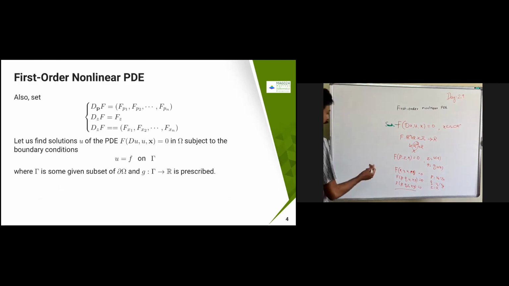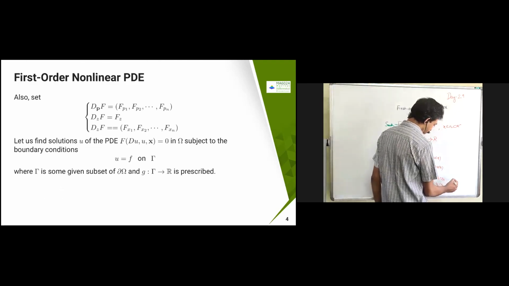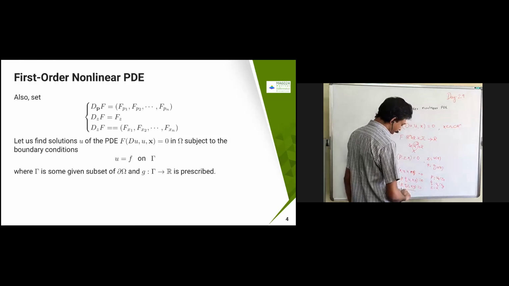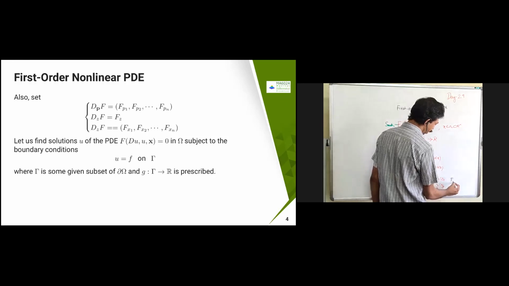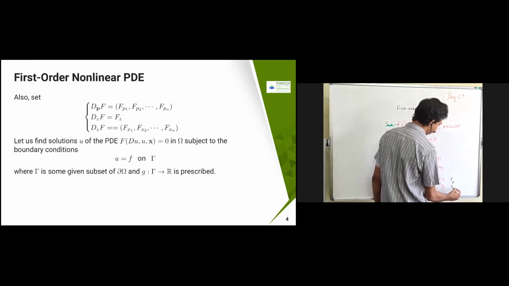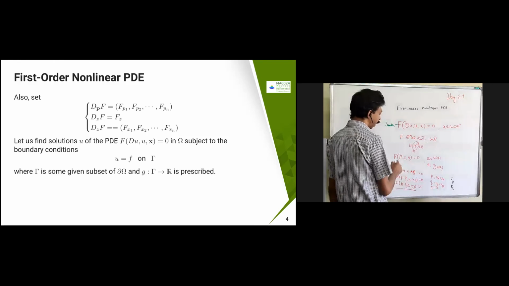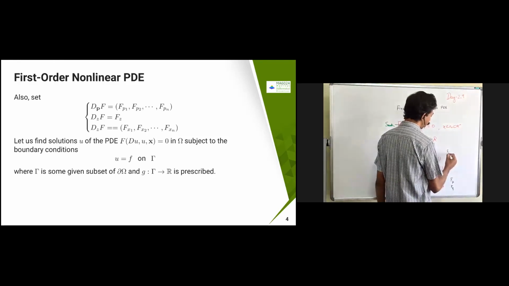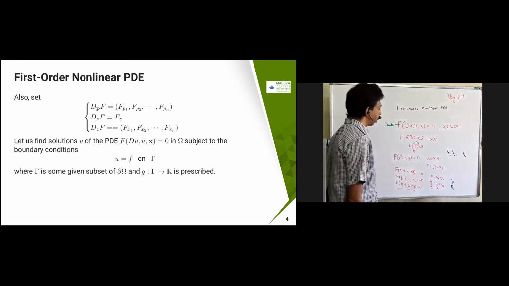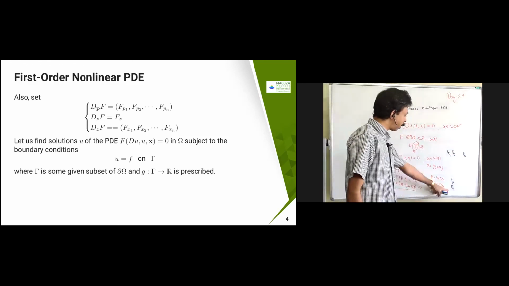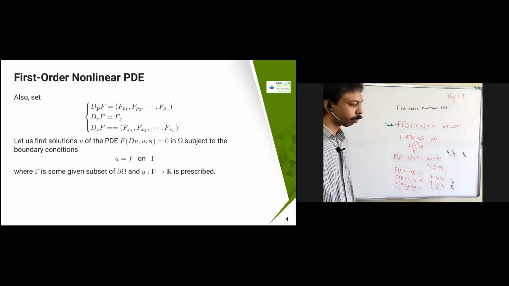So, for example, here I have two variables. In that case, because it's a function of p comma q comma z comma x comma y, I can find what is my fp, and I can find what is my fq here. The same case here in the n-dimensional case: corresponding to each variable I will be having fp1, fp2, etc. You can find these. Once we come to Charpit's method, we will be sticking to fp and fq.